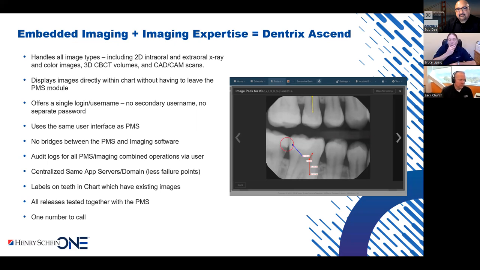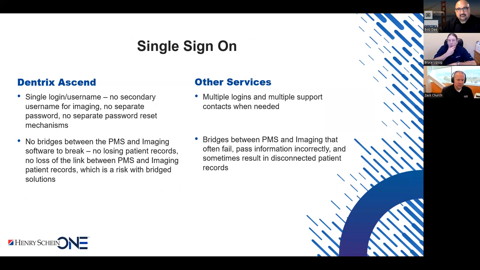Zach, if you move forward one more slide, I wanted to bring you in on this because you understand this very much from the practice management side. Remember, Zach and I both have our expertise. He's been doing practice management since long before I was, and we've been doing imaging for a while. So when we come together and create something together, Zach says things like, well, we can't log